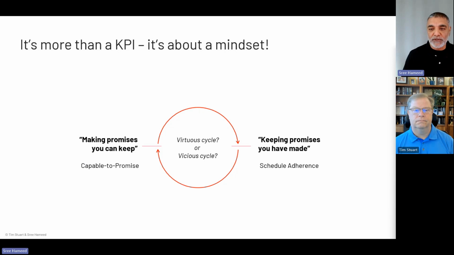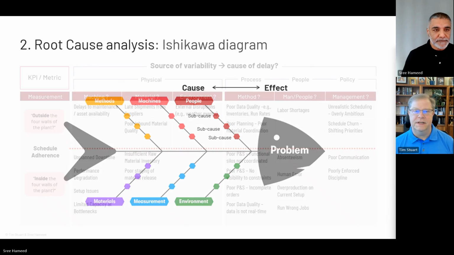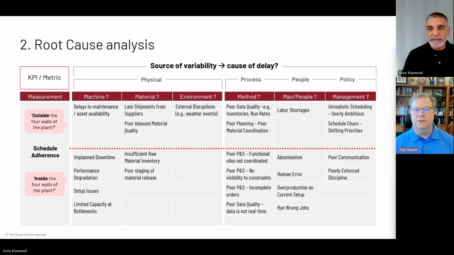Now let's move on to the root cause analysis part. So as we explained in our first episode, we use the Ishikawa method, commonly known as the fishbone diagram, to analyze the root causes. And Tim, let us walk through the root cause summary table now. Sounds good. One thing you notice here is that we divided up the summary table into two parts. Is this the source of variability coming from within the four walls of the plant, or is it caused by factors from outside of the four walls? Doing this helps us better understand why we are failing to attain schedule adherence.